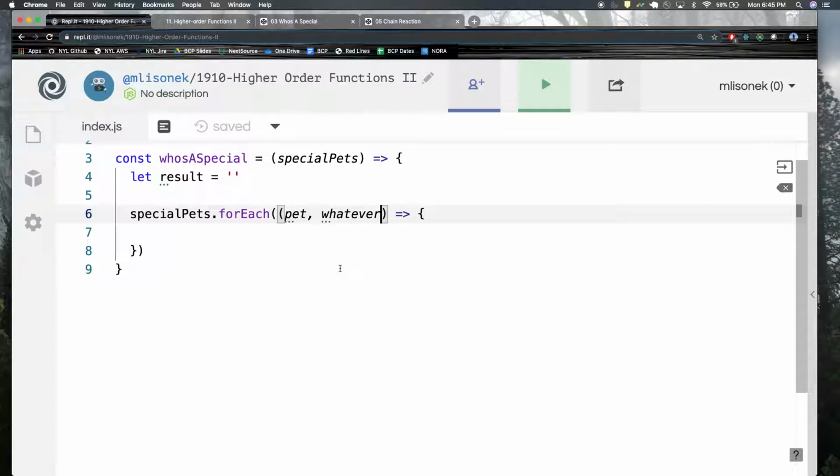Pet is the current element. Whatever would be the current index. But naming it whatever doesn't make any sense to me, so I'm just going to call it index, because that's what it's going to be, right? Because that makes sense to me. And I named it pet because it's an array of special pets. This is the current pet, and this is its index. Right? So now we can say results